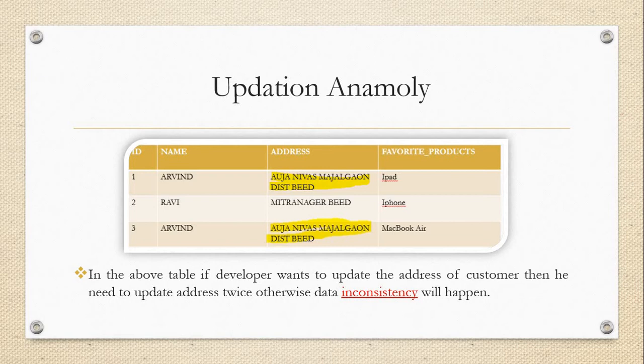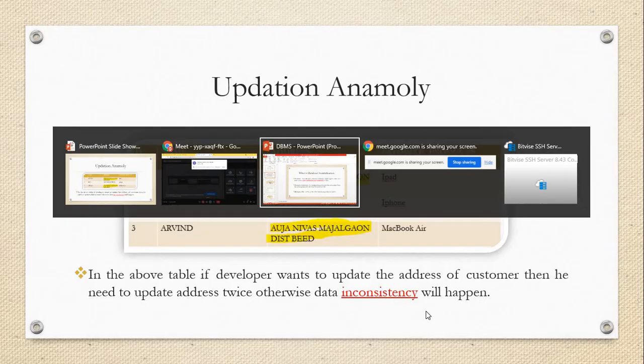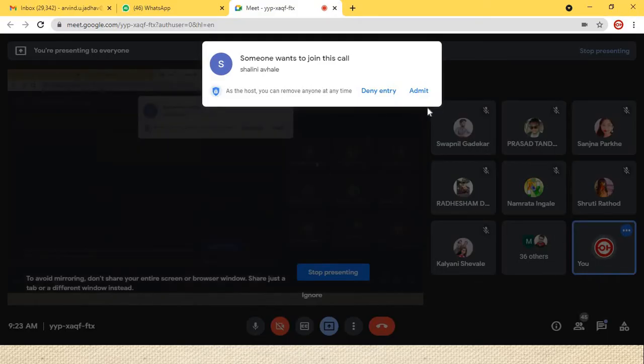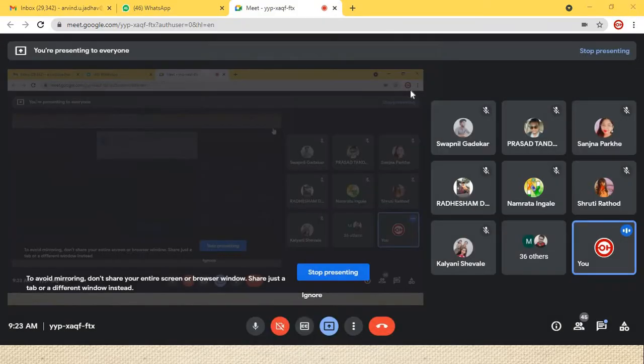NF stands for normal form. Edgar Codd defined the different normal forms: the first normal form, second normal form, third normal form, and the last one is BCNF, that means Boyce-Codd normal form. Don't worry about that, we'll deal with those options.